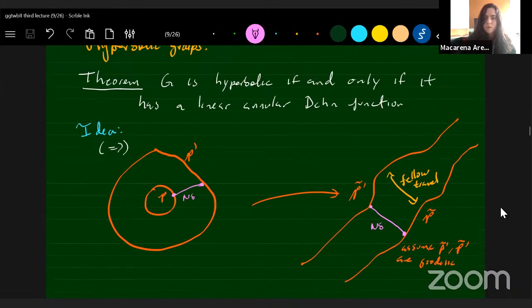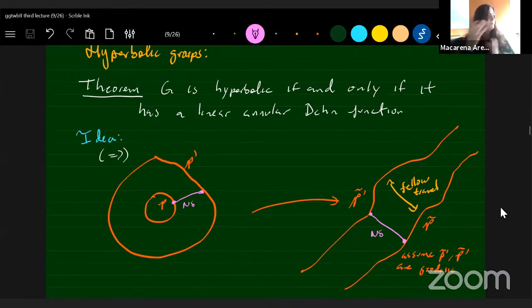Okay, so hyperbolic groups are always a good place to start for trying to prove theorems about this kind of invariance, but they can also be very deceiving because everything behaves very, very nicely in hyperbolic groups. So this theorem might give you the impression that the annular isoperimetric problem is similar to the classical one. And that is not the case. As soon as you leave the world of hyperbolic groups, things get very complicated.